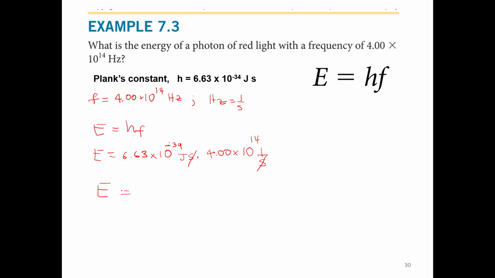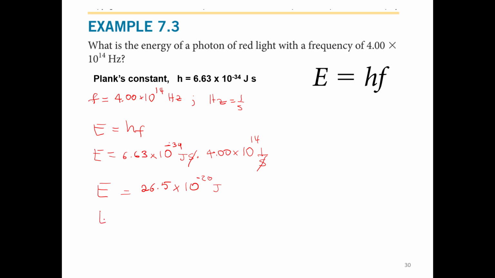Now we multiply 6.63 times 4, and we have 26.5. Now for the power of 10, we have multiplication, then we need to add the exponents together, but one is negative and the other is positive, so we need to subtract them. Negative 34 plus 14 is negative 20